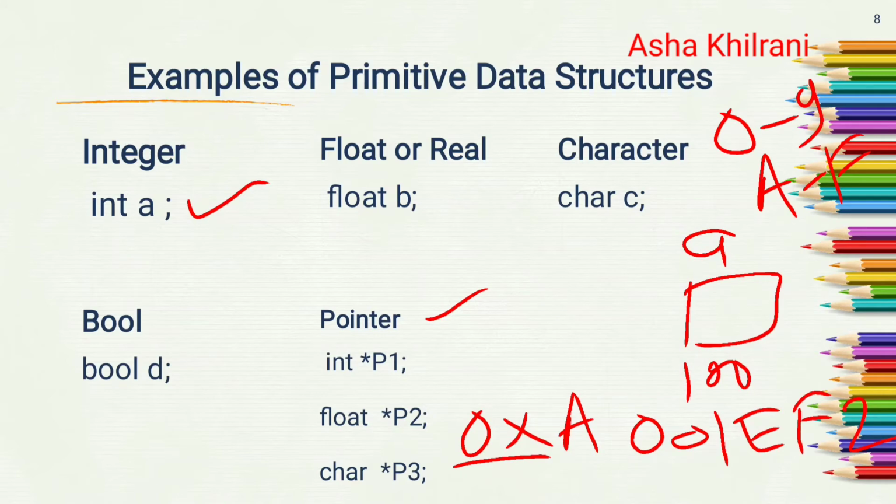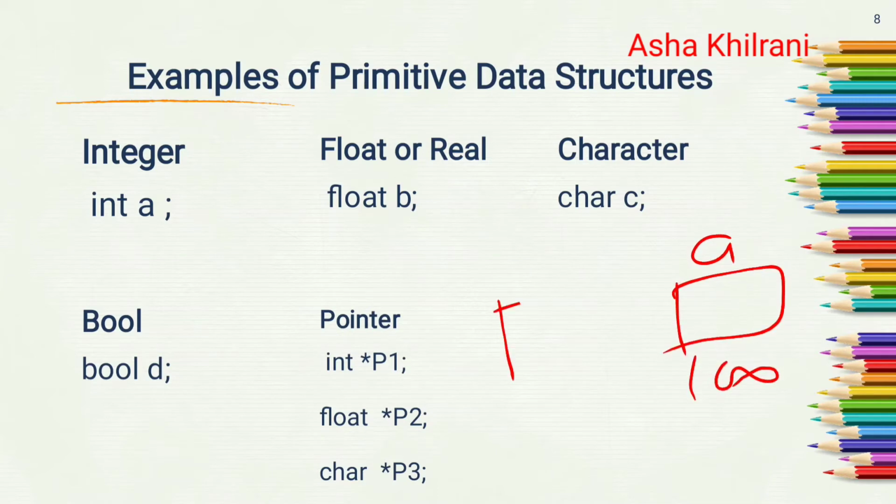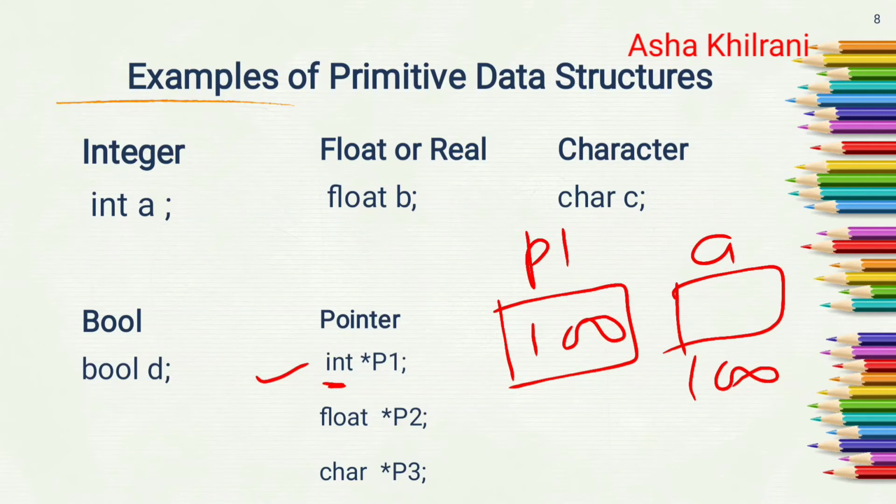So this is an address of type hexadecimal number system, but here we are assuming that the address is of type integer, and suppose the address which is allocated to a variable is 100. If we want to store the address of integer variable a into some other variable, in that case we have to create a pointer of type integer. This data type integer represents that pointer p1 can store the address of another integer variable, like in this case a,